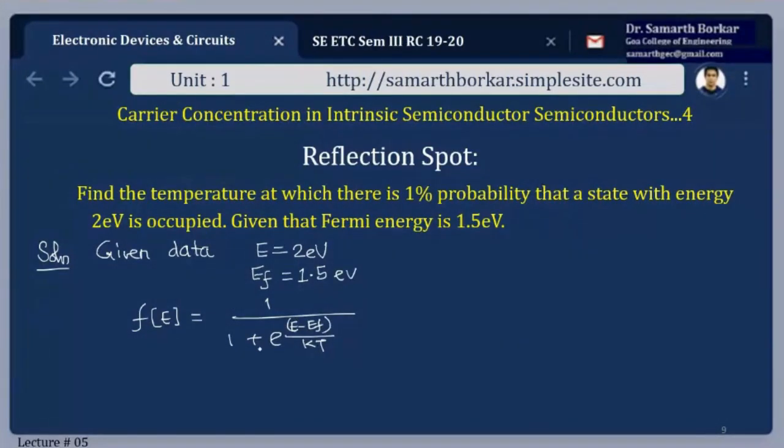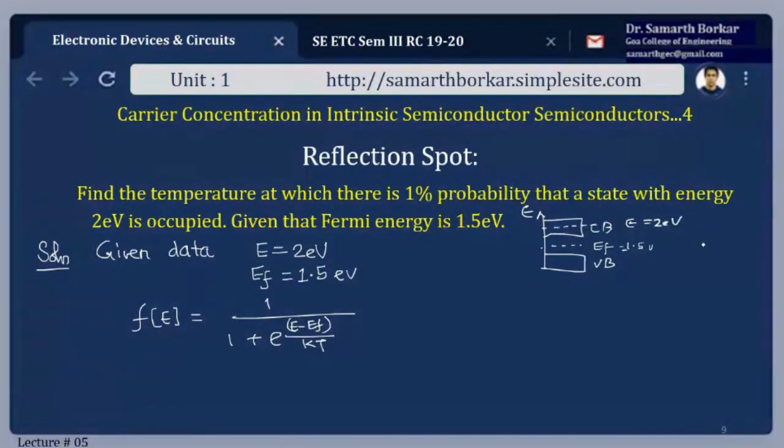Fine. Now, how do I interpret this equation? Now it will be much more clear to you all. If I'm having a semiconductor with a conduction band and a valence band, at the center we have the Fermi level, which is a reference. Fine. So EF equals how much? 1.5. Okay, because this is the relative energy level. E is 2 electron volt. So in the conduction band, there is somewhere this E, which is 2 electron volt.